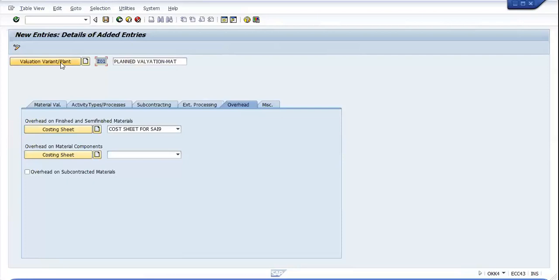So we can create this valuation variant and then link it in the assignment to the plant.